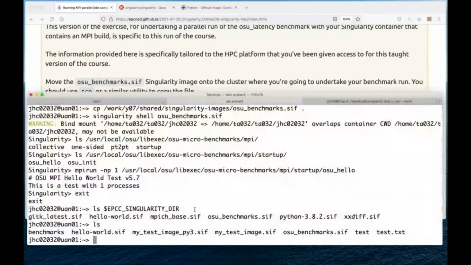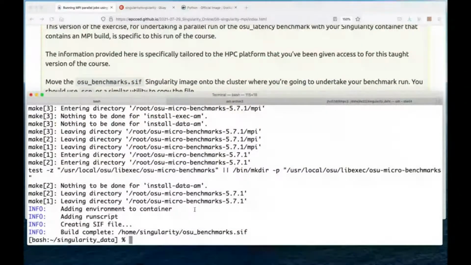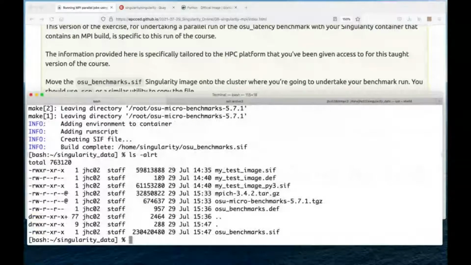So what I'll do is I'll just copy that from, so actually that's on ARCHER2, that's not very helpful, but I'll copy here. So in fact, my image is built. How big is my image? 230 megs. So what I'll do is I will just have a look at the Slurm script, which was, I